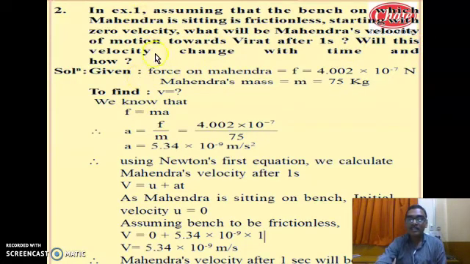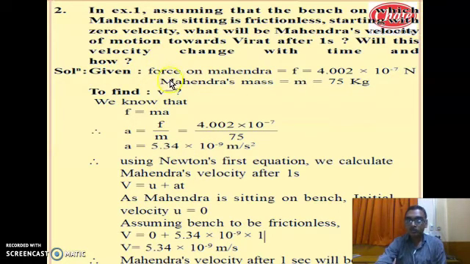So in this question we have to calculate the velocity. We have studied in this chapter only up to the force. So how is the velocity calculated from the force? See here, from the force, by dividing by the mass we get the acceleration, and from the acceleration we may calculate the velocity by using Newton's equations of motion, which you studied in class 9th in the first chapter.